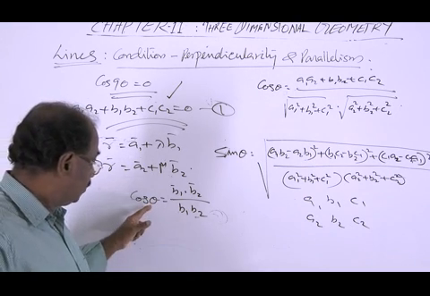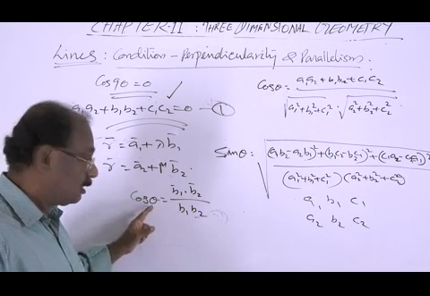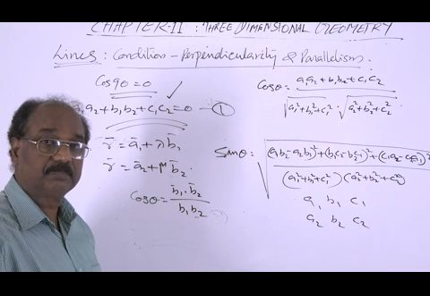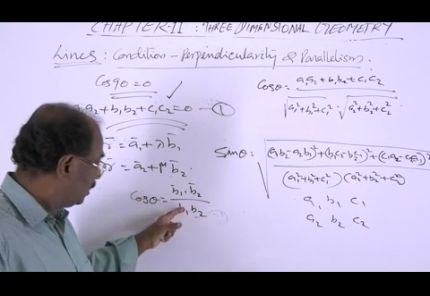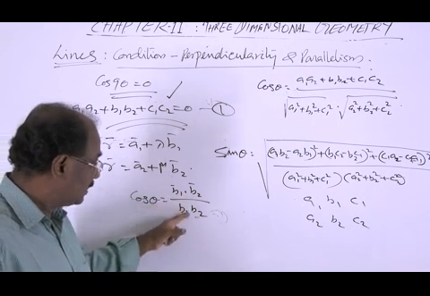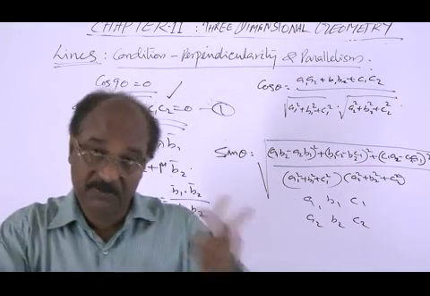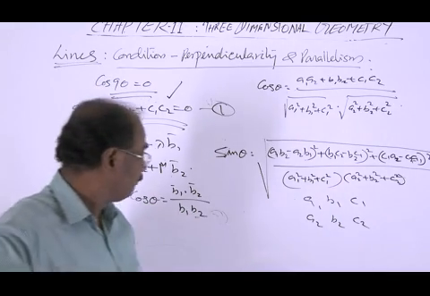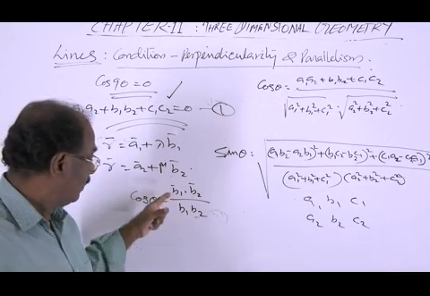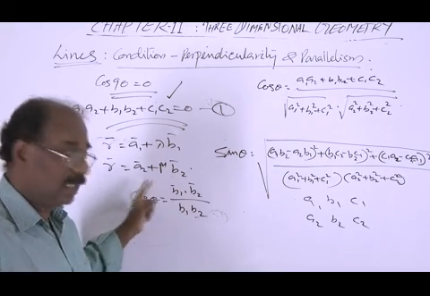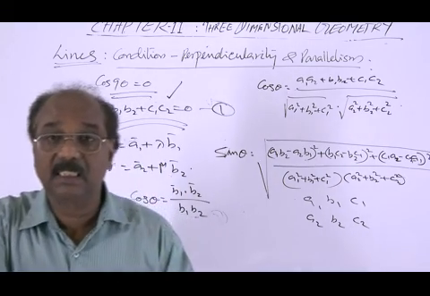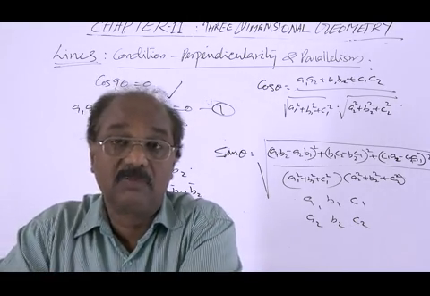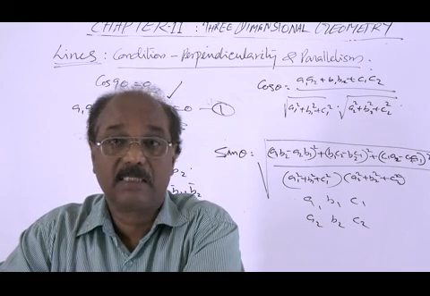And if the two lines are perpendicular, then b1 dot b2 equal to 0. Here cos theta is cos 90, this fraction is 0, so b1 dot b2 equal to 0. If two lines are perpendicular, we know their dot product equals 0. So to find the angle, we need to take this fraction and find theta from this. And the condition is b1 dot b2 equals 0. Verify whether b1 dot b2 equal to 0 or not. If 0, then perpendicular. That is the method.